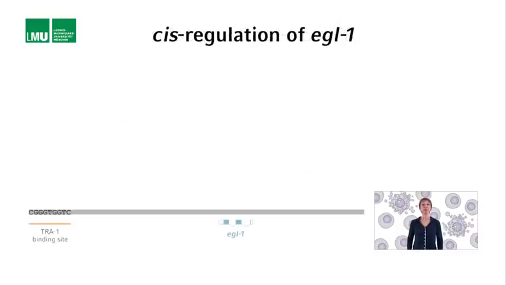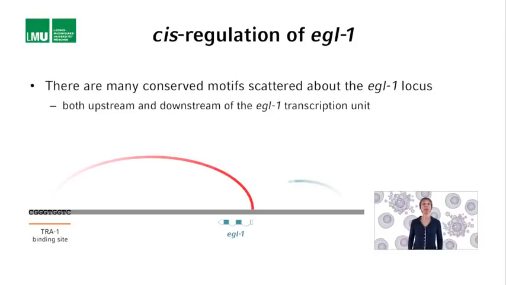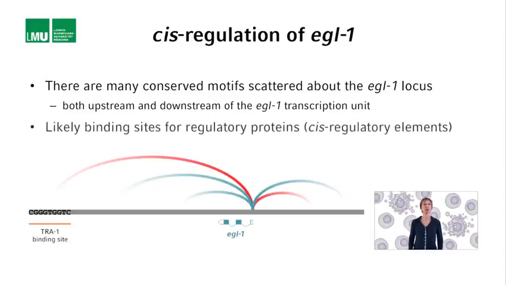The 9 base pair long TRA1 binding site is specifically involved in controlling AGO1 transcription in the HSNs. We now know that there are many such conserved motifs downstream and also upstream of the AGO1 transcription unit. These motifs most likely represent binding sites for additional regulators of AGO1 transcription and hence cis-regulatory elements of the AGO1